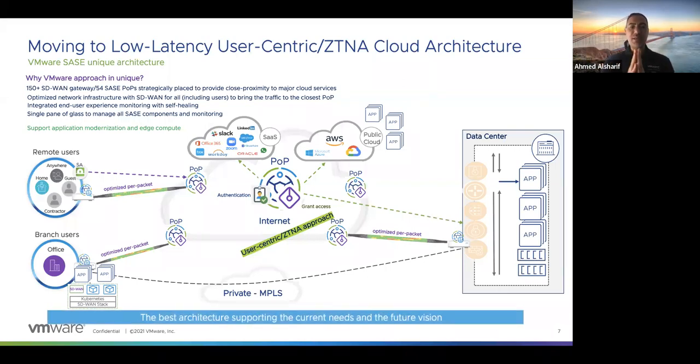That's why I call our solution the best architecture supporting the current needs and the future vision. We are very focused on the future vision. A lot of competitors are focusing only on providing what is needed today. You need SD-WAN and security. Here is the SD-WAN and security. That's pretty much it. In the future, Mr. Customer, if you need CDN, if you need a content delivery network to be one of the services to provide faster response to the users, I don't have it.